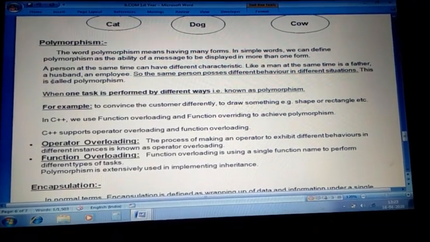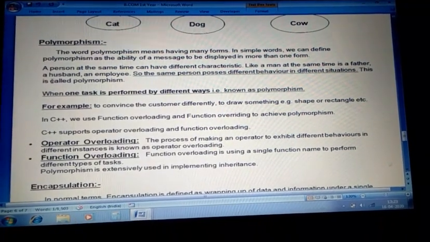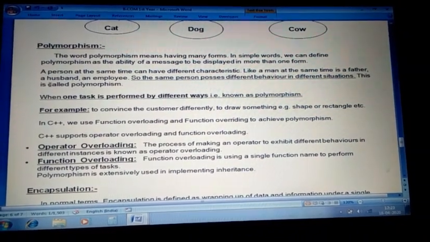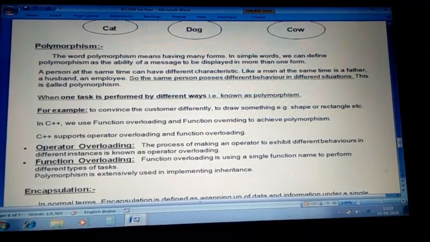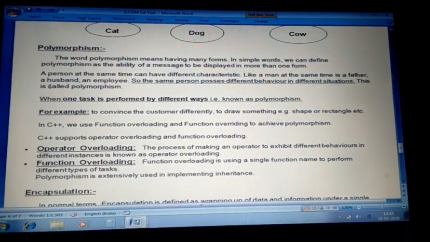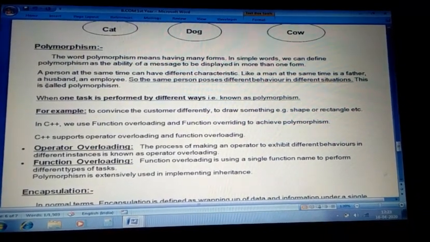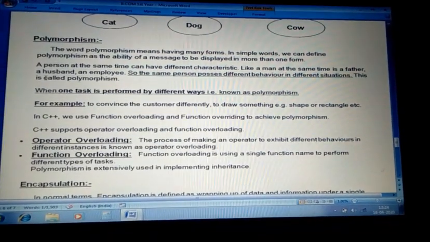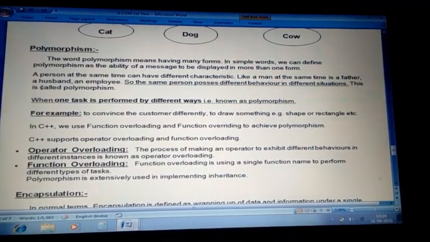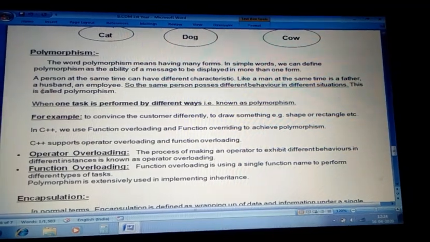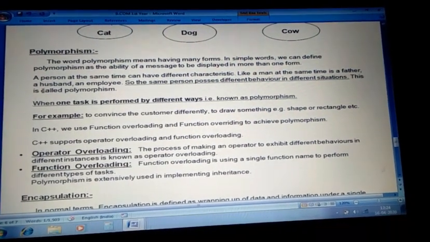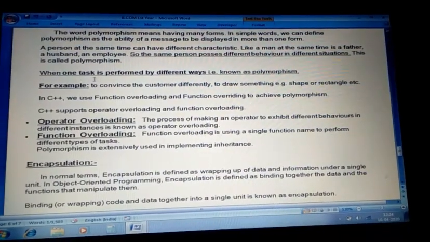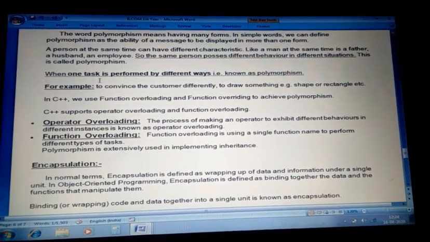A person at home will be represented as father, husband or son, but at work he will be represented as employee, and when he goes shopping he will be represented as customer and so on. So the same person having different behavior in different situations is called polymorphism. When one task is performed in different ways, it's called polymorphism.